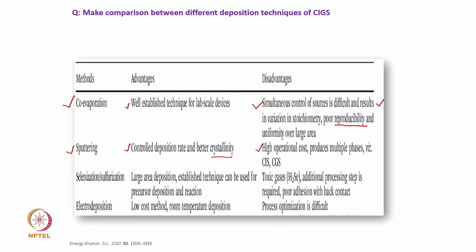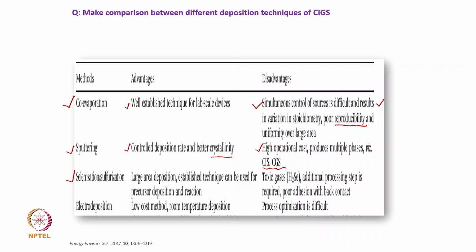And another thing is that sometimes it produces multiple phases, like either CIS or CGS. So, they are sometimes phase segregated and not properly grown as a material like total CIGS. Alright. So, this is the disadvantage of sputtering, and the third technique is selenization or sulfurization.